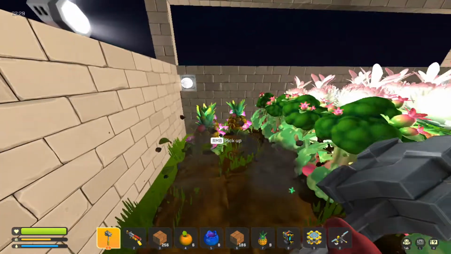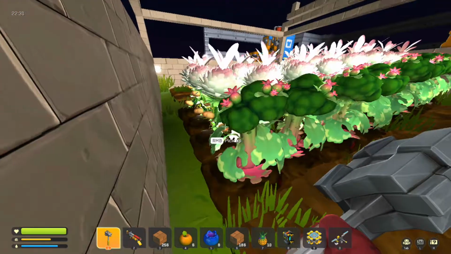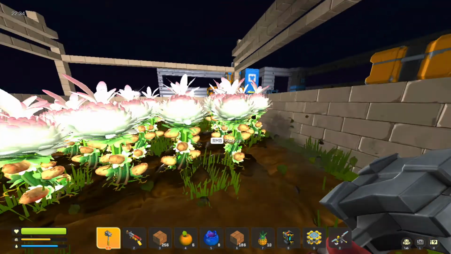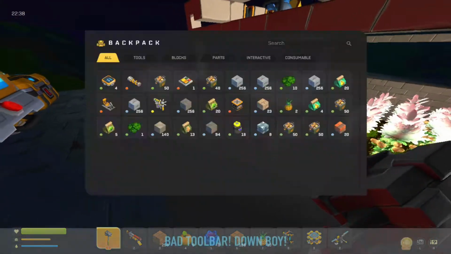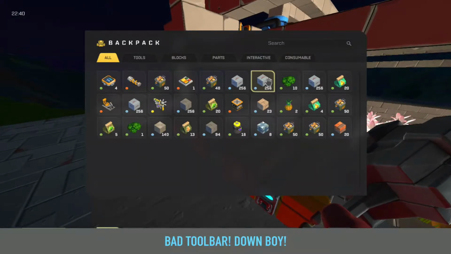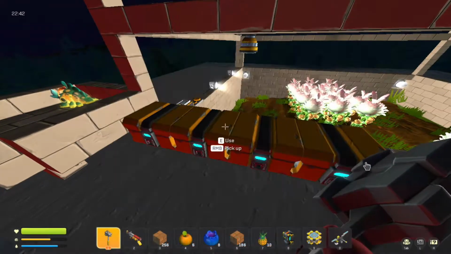Oh, there goes the broccoli. Okay, right on cue. Look at that. Right as soon as I tried to pick one up, it sprouted. That is amazing. So yeah, we have a lot of potatoes and stuff, and the goal for this episode is